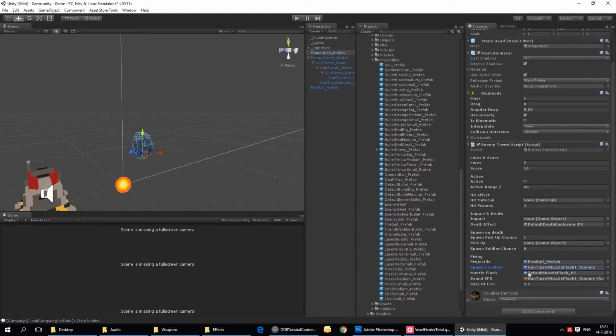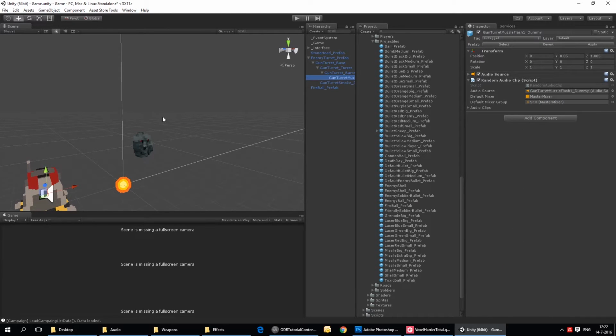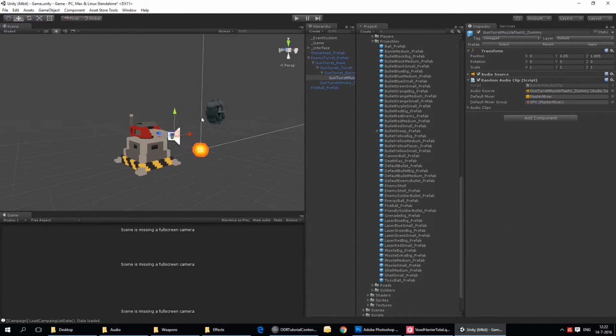Alright, the gun turret muzzle flash. This one is pretty important, so pay attention, you guys. The object needs a place to spawn its projectiles. It's similar with the player, but with the player we had this big button that set all the default values, and we'll probably have that for the final version of the package as well. But for now we need an object where to instantiate the projectiles. So you see that the turret has that set up over here